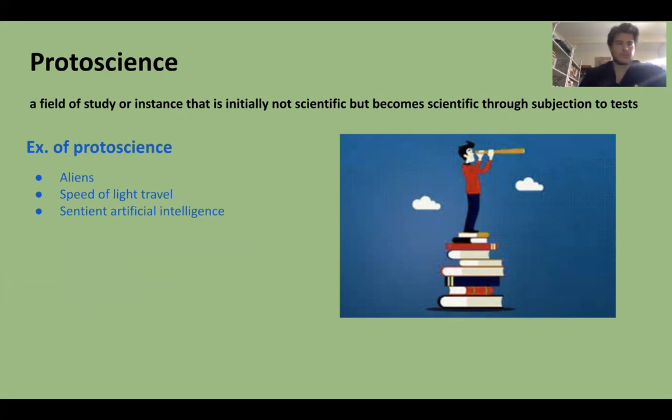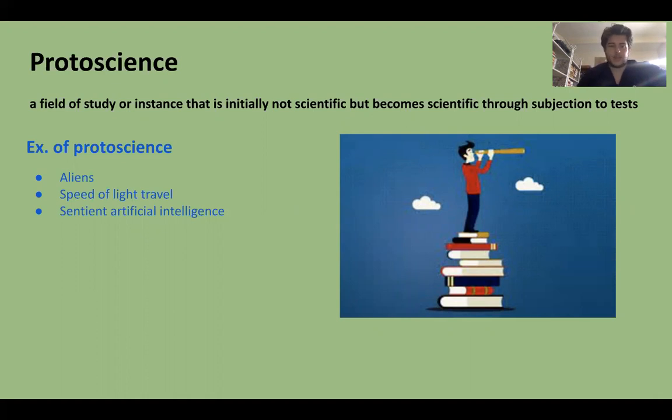Currently, all three of these examples do not adhere to all the hallmarks of science, specifically observable and testable. We can't exactly observe aliens or test that they exist. We cannot observe traveling at the speed of light. We can't observe or test sentient artificial intelligence. But if we were to discover them, we could apply all the hallmarks of science,